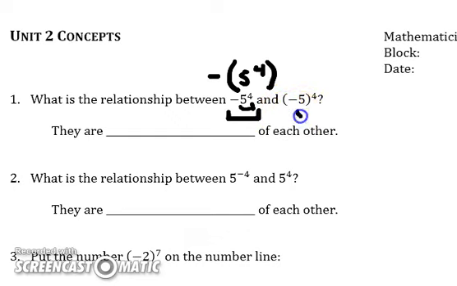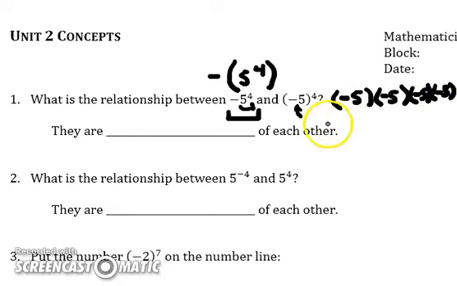This one, on the other hand, the negative is on the inside. So the way this is interpreted, we're taking -5 and multiplying it by itself 4 times. Depending on what the exponent is, we will have a negative number or a positive number. We'll go more into that later. But to figure out what's supposed to go in this blank, we need to figure out what each of these is. 5 to the 4th power is 625, and then this negative sign is going to make it